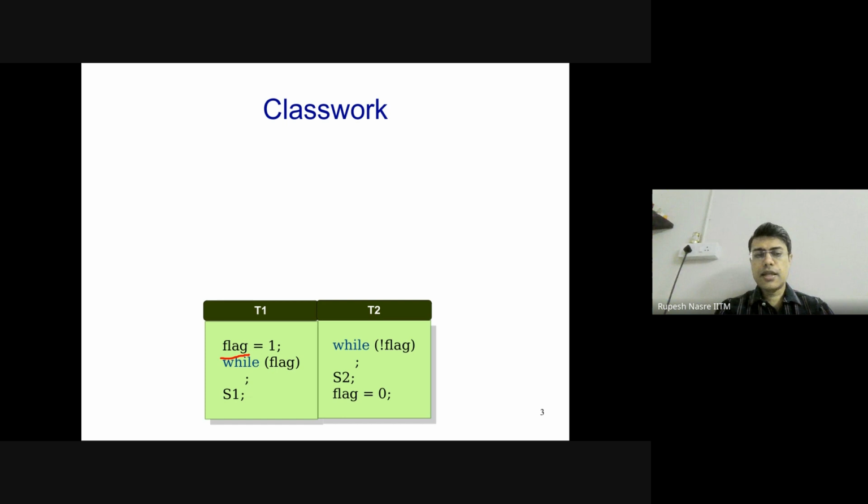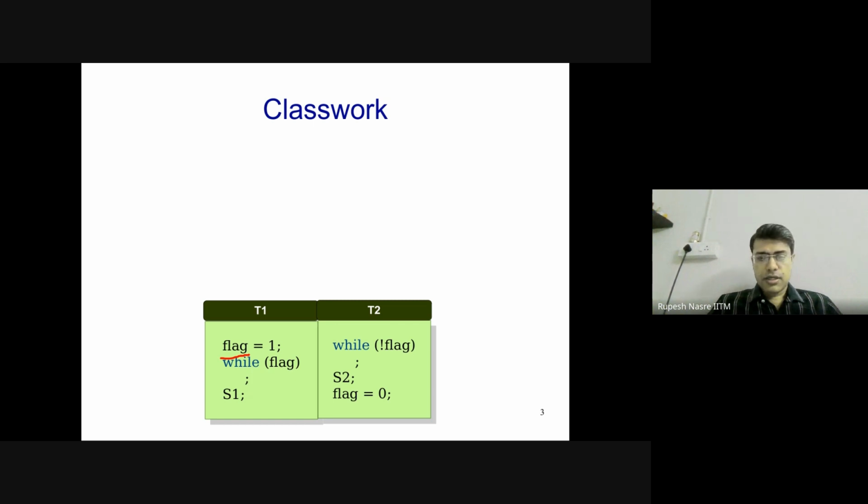The reason is that it is expecting flag to become 0, but that never happens. And why would that never happen? One possibility is that maybe T2 is not there at all, right? So that is another possibility. But let's say T2 is there, but it got executed prior before T1 began its execution. So T2 executed because maybe initially the flag value is